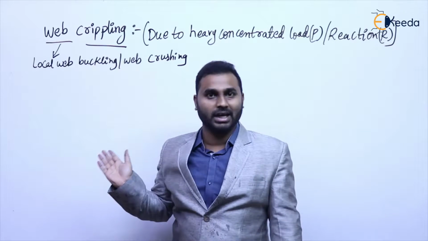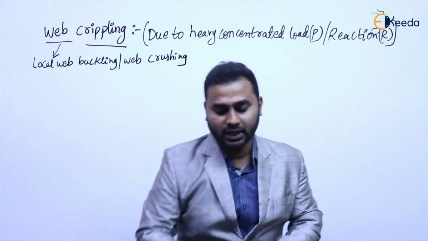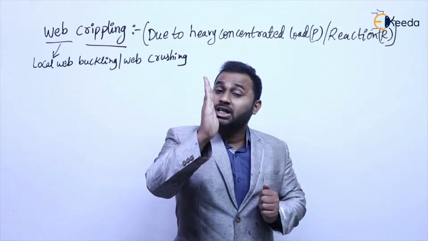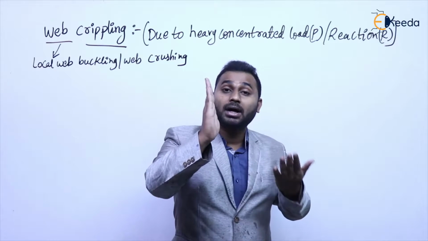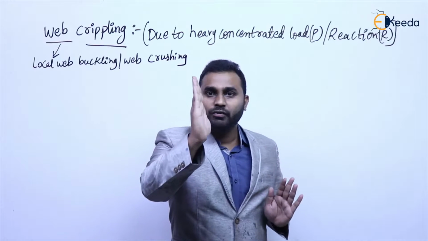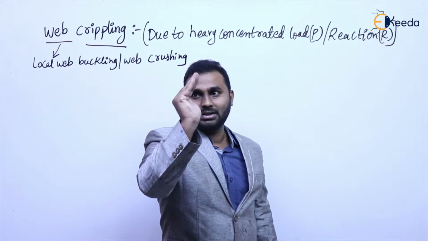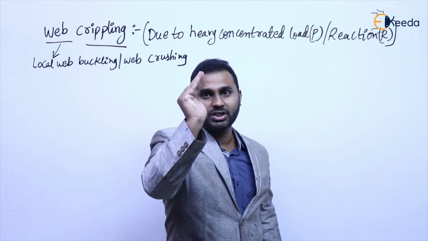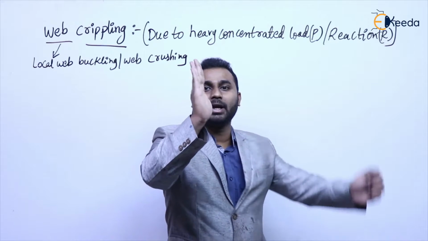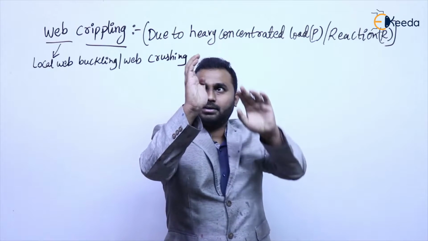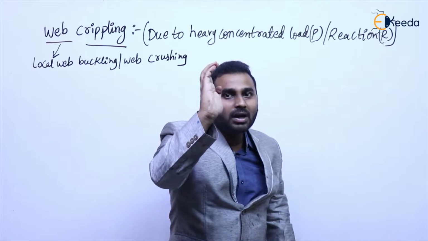Of course, I will show the diagram so that you'll understand carefully. Before that, with this palm I will try to explain how web buckling and web crippling occur. Web buckling means the total palm is going to bend or buckle like this. This is the deformation in web buckling. Now coming to web crippling, only the top portion will buckle or deform like this.